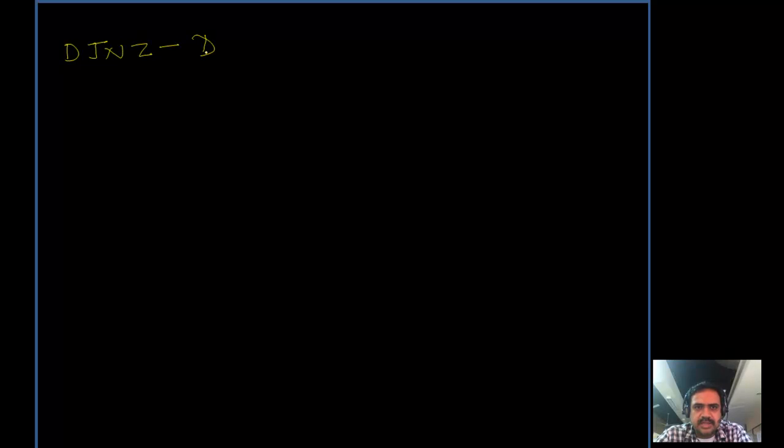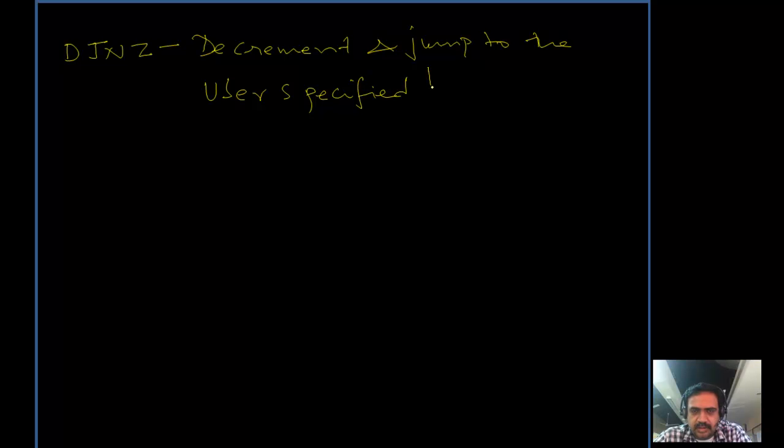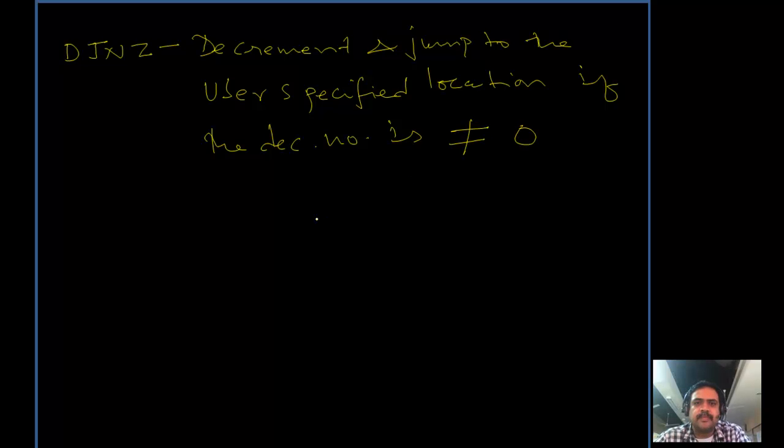The next instruction that I'm going to let you know is DJNZ. This is decrement and jump to the user specified location if the decremented number is not equal to 0. For example, if I say MOV R1 comma #8h, and then